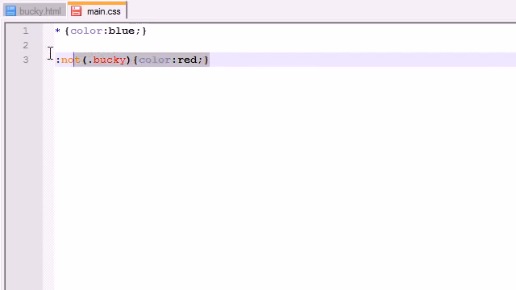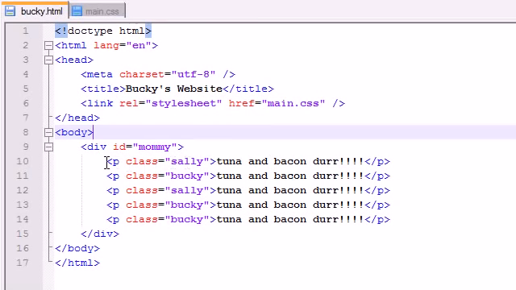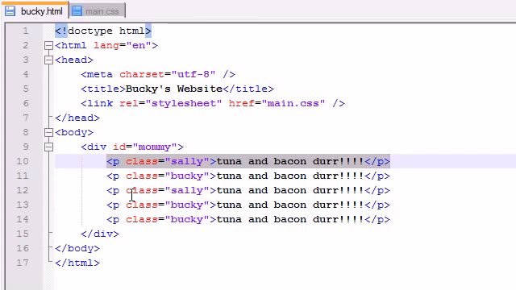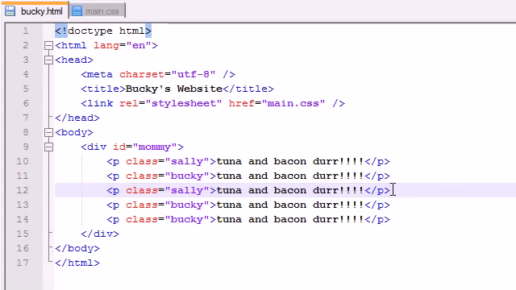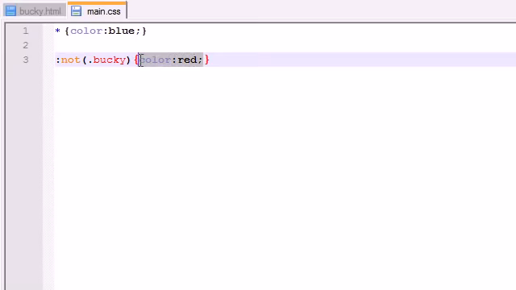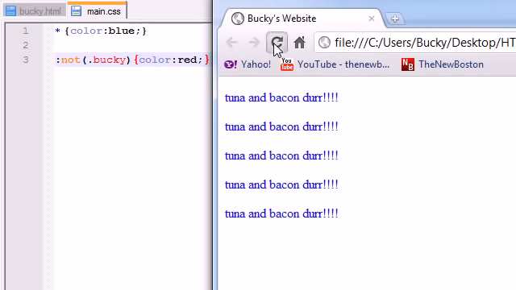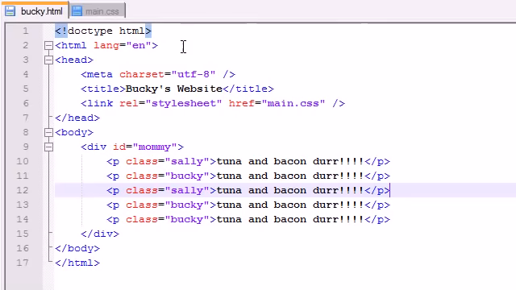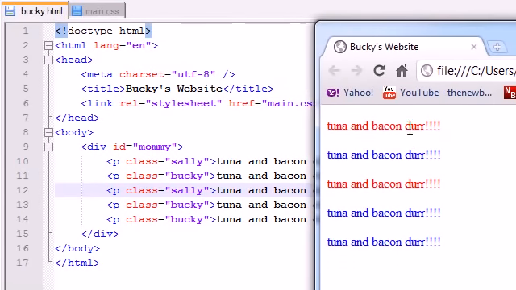I pretty much made a negation class, and what this is saying is, okay, color our entire website blue. We got that done. Now, everything that is not in the class Bucky, color red. So if you look, what's not in the class Bucky? Well, Sally isn't in the class Bucky, and this Sally isn't in the class Bucky. So those things we say, okay, color red. So let's go ahead and refresh this, and if we do that, we can see that these paragraphs indeed got colored red, because the only thing in this website that wasn't in the class Bucky was this first and third